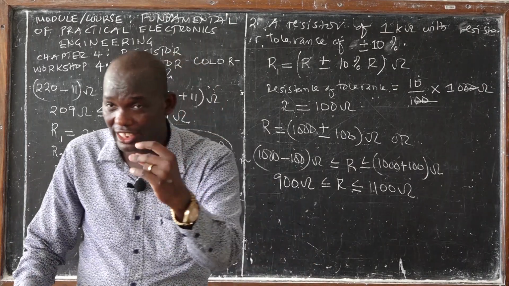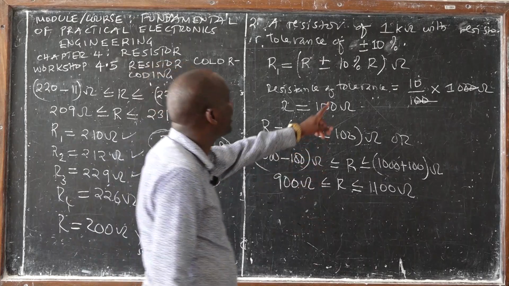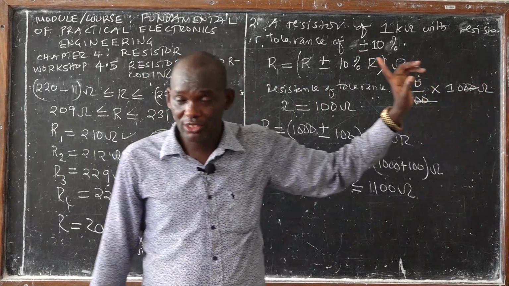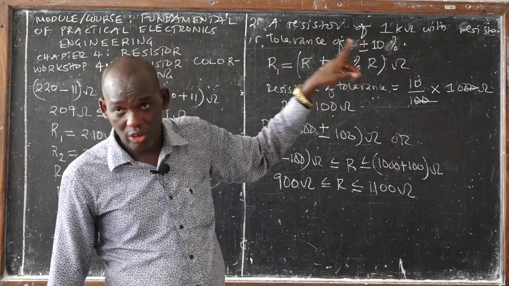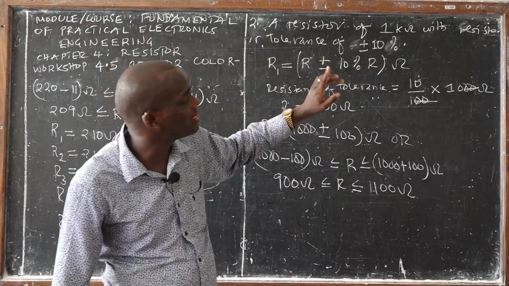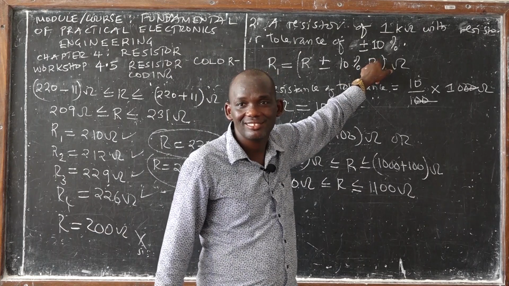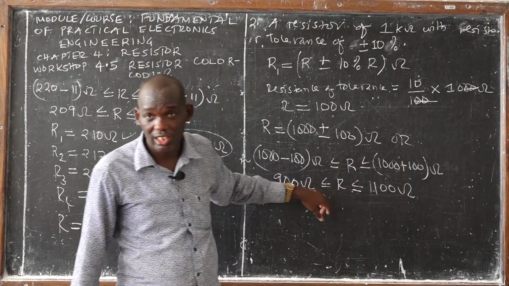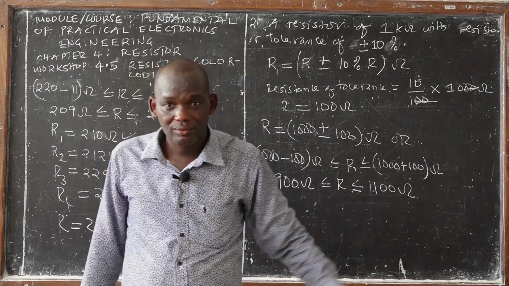Remember the color coding, listen. The color coding gives us the standard resistor, the value of the standard resistance, and the tolerance. Right? But color coding does not give us this range. We have to compute to know. So for this,